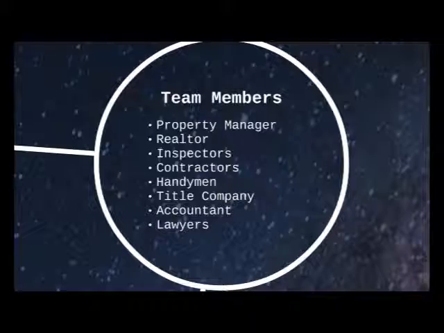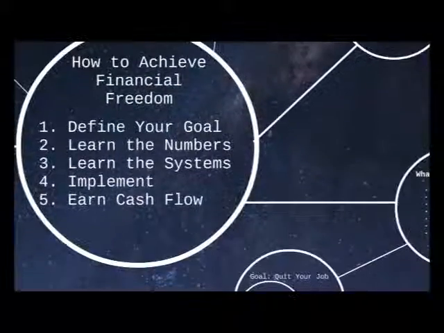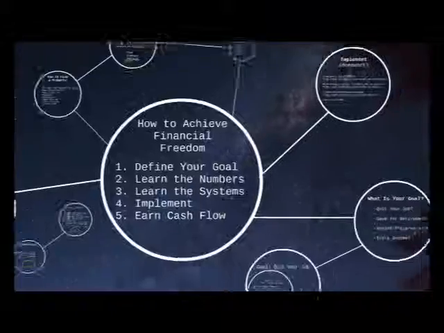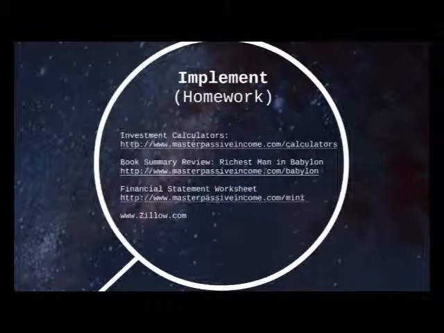We looked at the first 3 ways of how to achieve financial freedom. Let's look at the 4th step, implementing your business. So, this is basically your homework. There's a few things I want you to do. So to implement what we've learned in this mini course, you need to start by going and checking out the investment calculators that are on my website, www.masterpassiveincome.com/calculators. If you go to that link, you're going to find many calculators that are going to help you figure